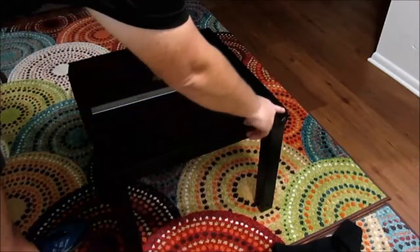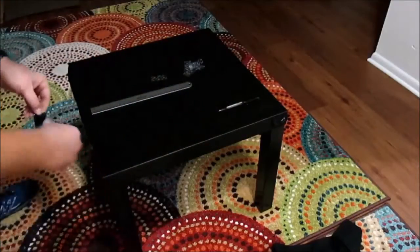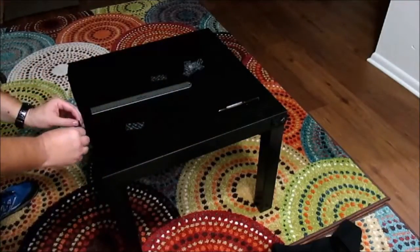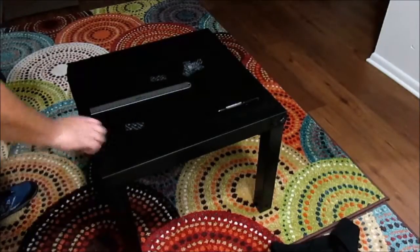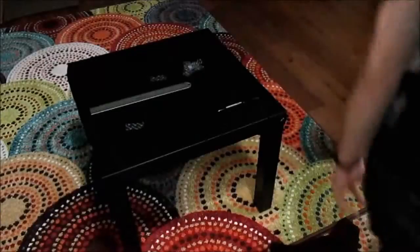So that's the back end of the table, and this is the front end. So I'm going to put the other one up here on front, like so. And I wanted to give you a close-up of what this looks like so you can get your pillowcase in the right place. So again, this is the end that has the opening in the pillowcase. So that goes against the wall, and you're going to line it up like so,